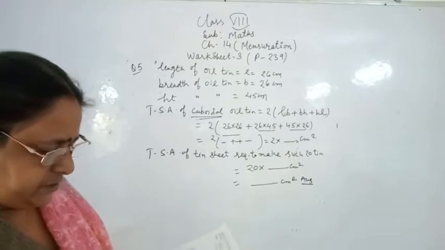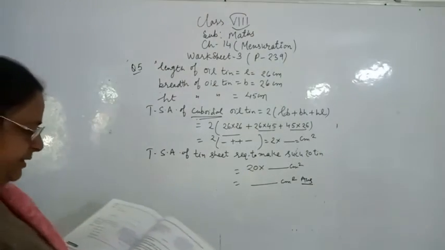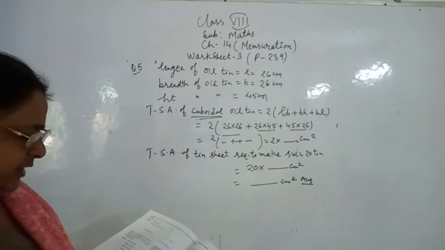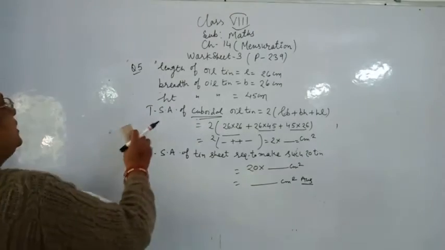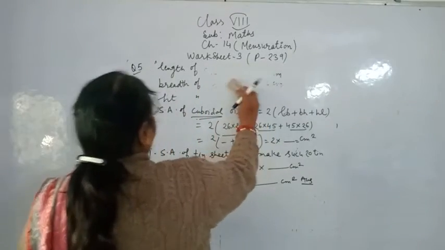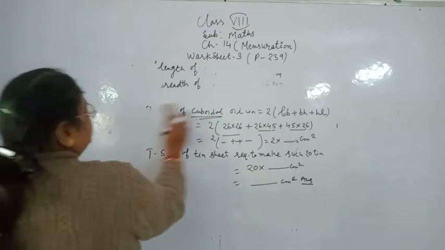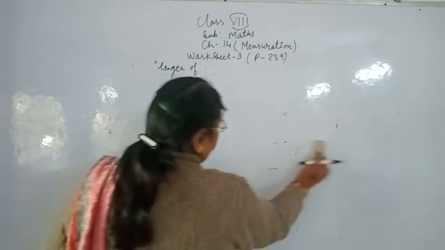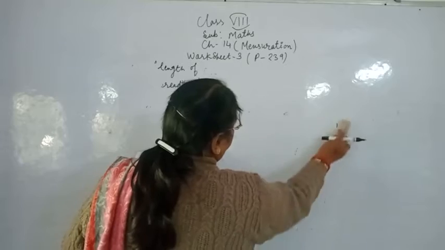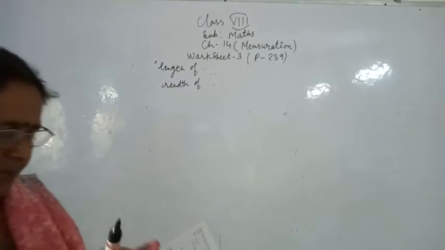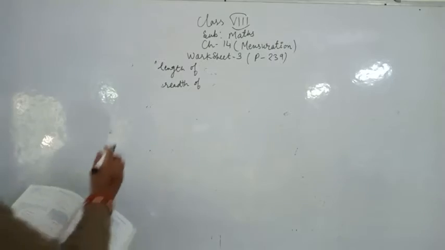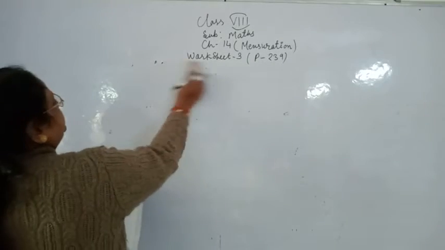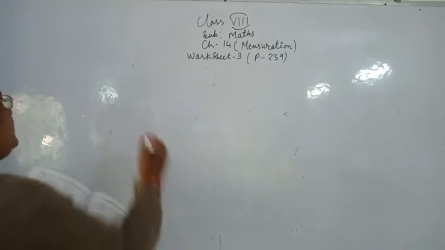A swimming pool is 20 meter in length, 15 meter in breadth and 4 meter in depth. Find the cost of cementing its floor and walls at rupees 35 per meter square. Now question number 6 is of the swimming pool. Have you seen the swimming pool? In the case of a swimming pool we will not take the upper portion, means the upper level we will remove it. So first of all write down here, in case of a swimming pool, the length of the swimming pool is 20 meter. So write down all the entries here.